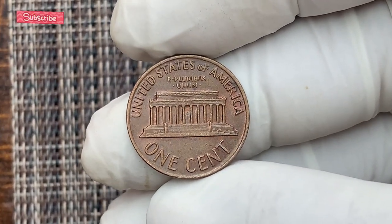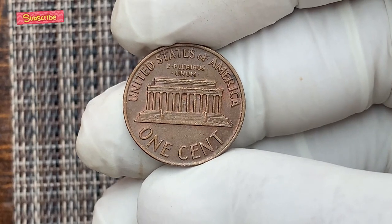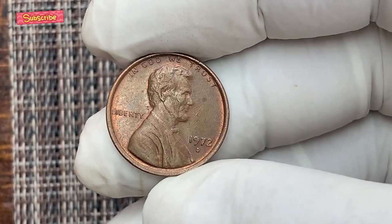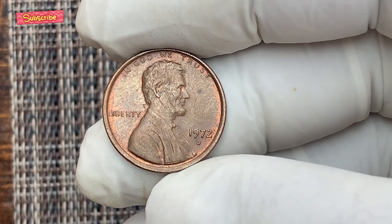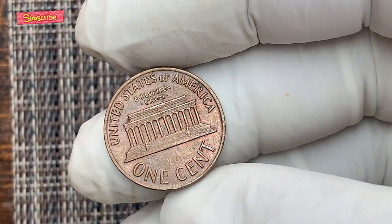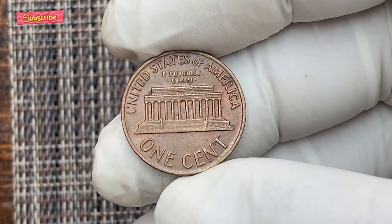The Vietnam War was ongoing, the Watergate scandal had yet to erupt, and Americans found themselves pulled between hope and disillusionment. Amid this backdrop of national tension and cultural transformation, the U.S. Mint in Philadelphia continued its unrelenting task of striking billions of coins. Among them, the humble Lincoln one cent coin,